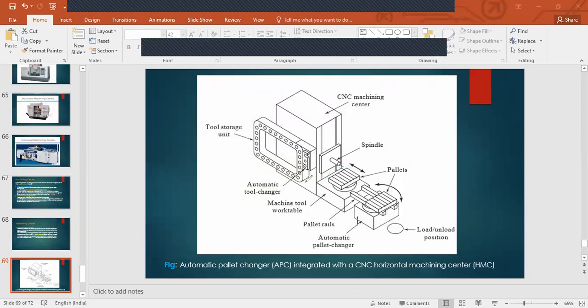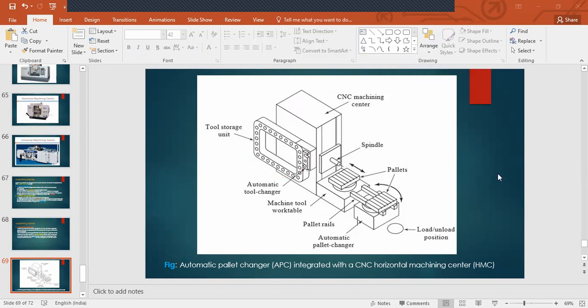Automatic tool changer, you see, ATC is also demonstrated here, right? So that's how that gripper will rotate. That's your gripper. Okay, it will take tool from the storage unit and change the tool in the spindle. Okay, that's a very simple version, but we do need simplicity, right, to be able to understand.